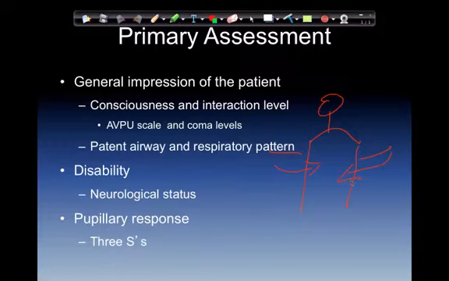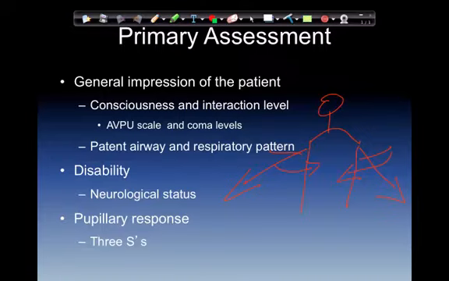The next stage, the patient may demonstrate decerebrate rigidity or extensor posturing, and this would be they fully extend out their extremities, so their arms and legs would be moving away from the body. The deepest level, the patient may not have any reflexes whatsoever, or may be areflexive. Disability,